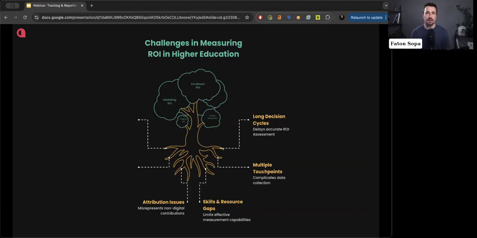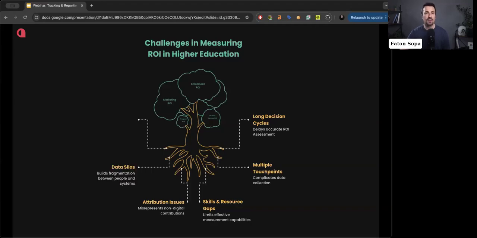So from the get-go, we need to understand and agree that there are going to be some marketing efforts where it's going to be very hard to quantify the ROI from that specific channel. And when you do this, the impact can and will be underrepresented in your marketing reports.